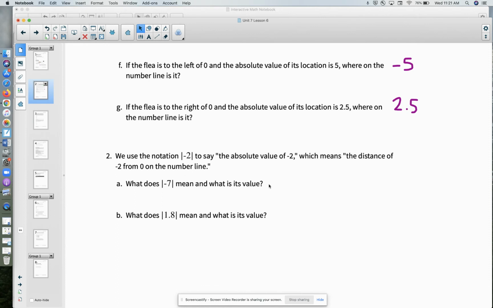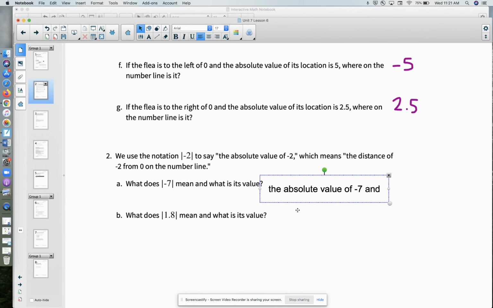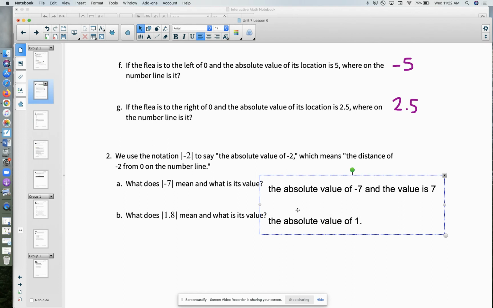All right. So that notation means the absolute value of -7. That's what it means. And the value is 7. That's the distance from 0, right? That's -7. And then the next one, the absolute value of 1.8. And the value is 1.8. You can say it means